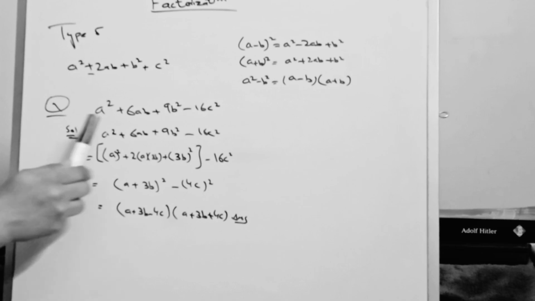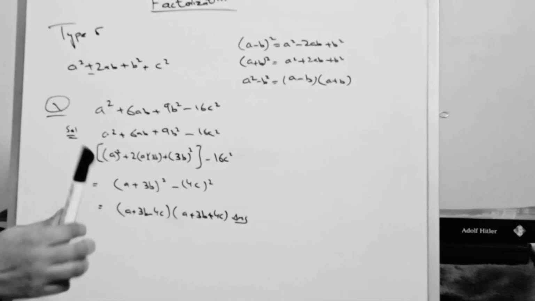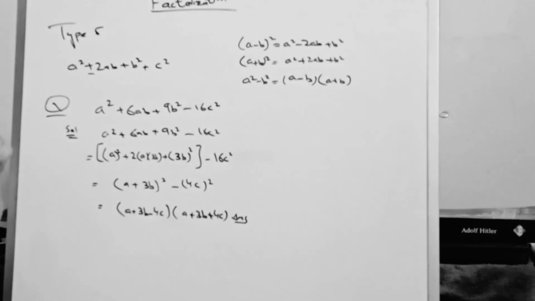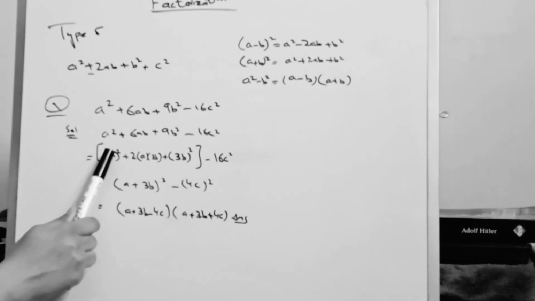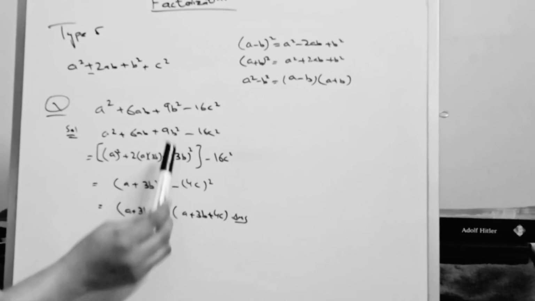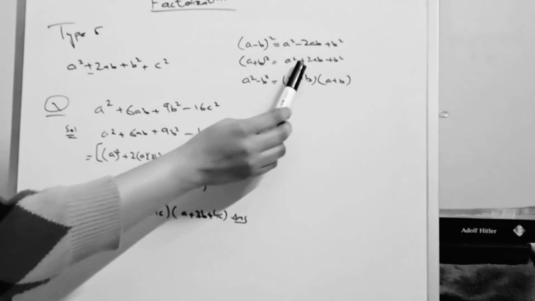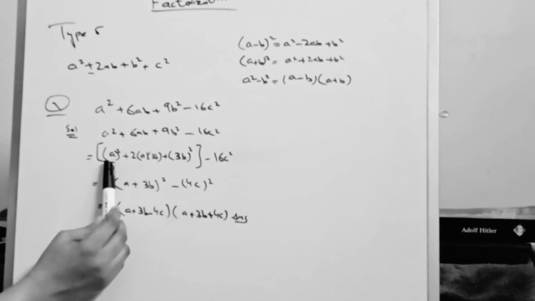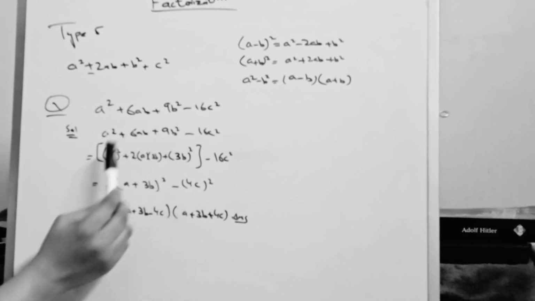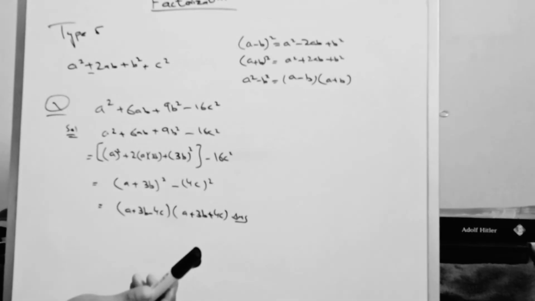Question is a square plus 6ab plus 9b square minus 16c square. Solution. As you can see, in a square plus 6ab plus 9b square, I can easily apply a formula. A square, always forget the center one, move to the last one, 9b square is (3b) whole square. Plus 2 of formula, 2ab. What is a? A. What is b? 3b. This becomes a square plus 6ab plus (3b) square, right? Minus 16c square will remain the same.